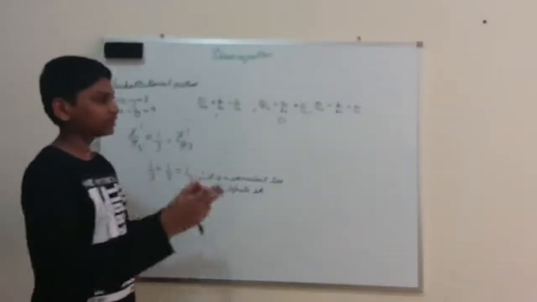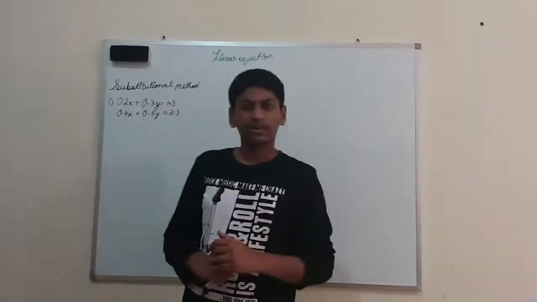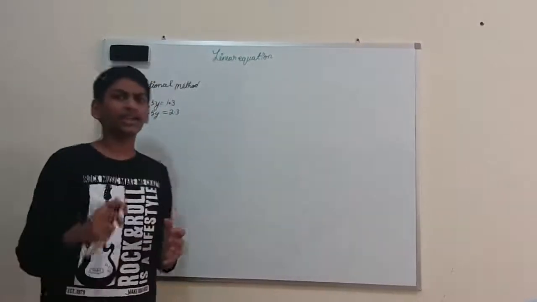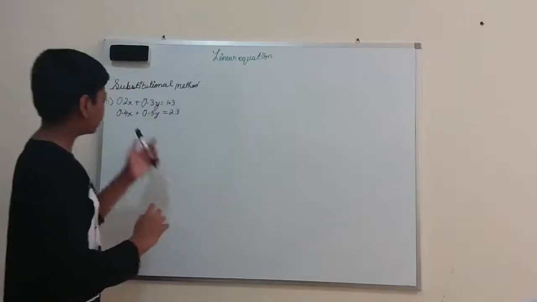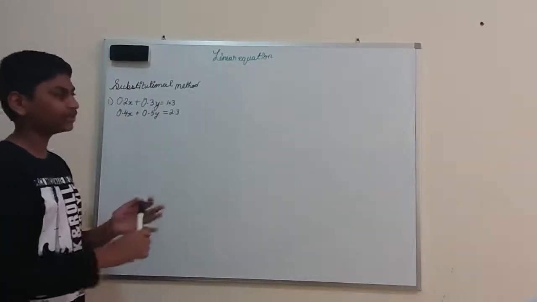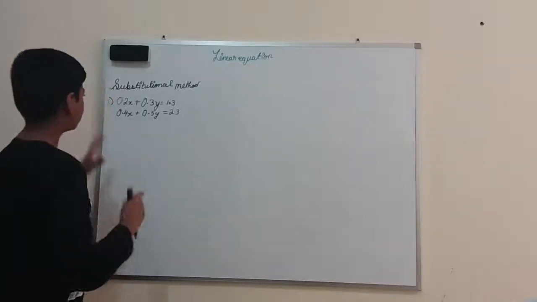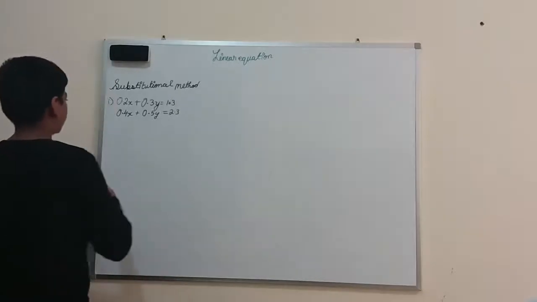So let's solve another question. Last time we did a perfect number, but this time we're going to do it with a decimal point. Decimal point, how to do this? I'll teach you in a very simple method. Okay, before solving it in decimal point, I want to make it a perfect number because that looks lovely. So for making a decimal point into a lovely number or a perfect number, what should I do?